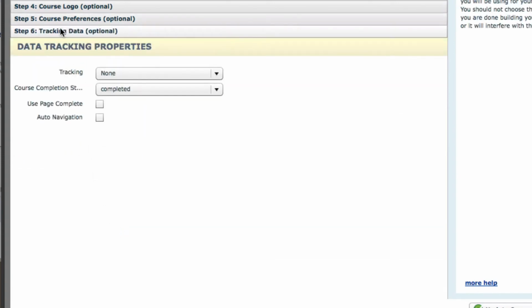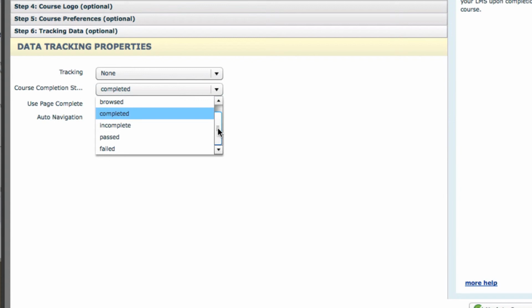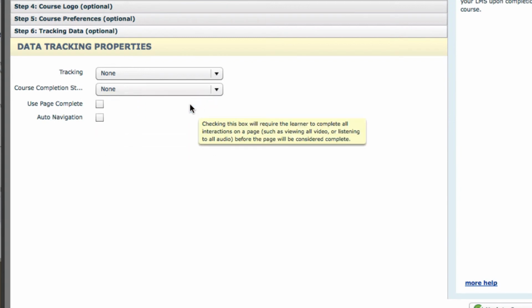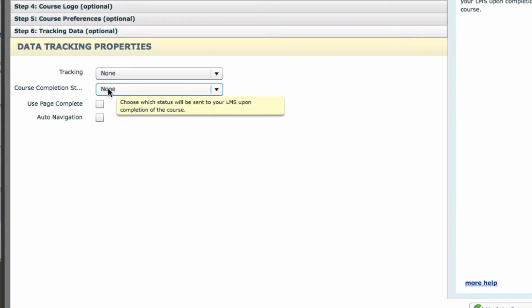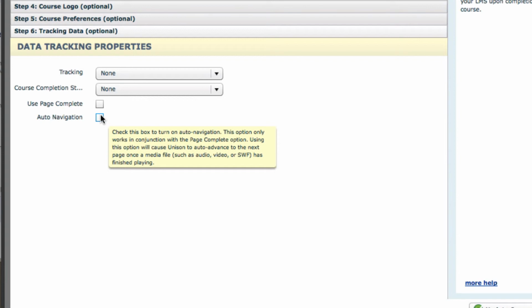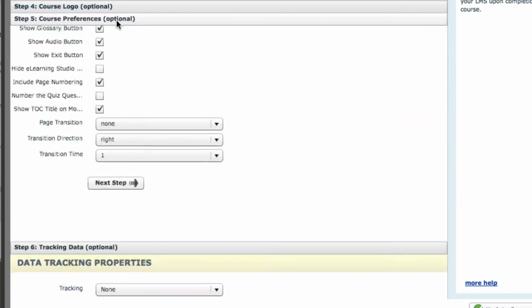Now we'll cover tracking properties in a different tutorial, but when you're just building a course, it's best to leave these set as none, so as not to worry about that until you're actually ready to deploy the course. When you're ready to deploy the course, then you can come in here and set tracking, course completion, use page complete, auto navigation, stuff like that. But for development mode, it's best just to leave those set as blank